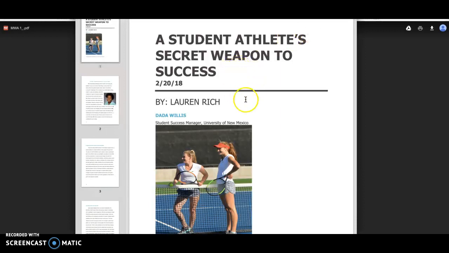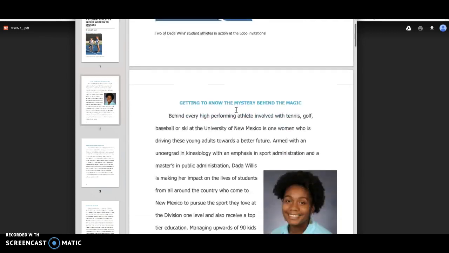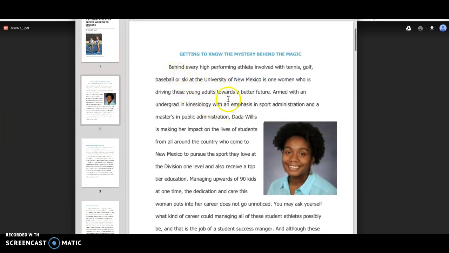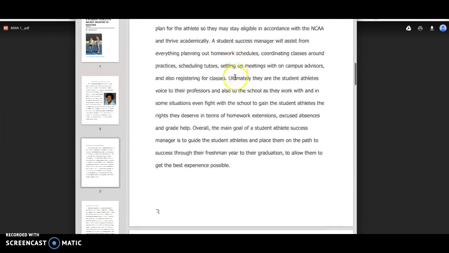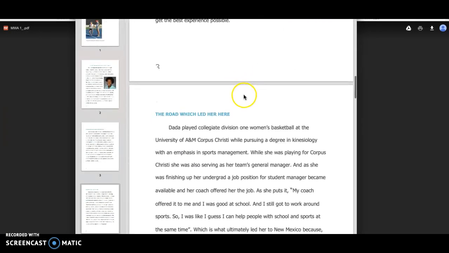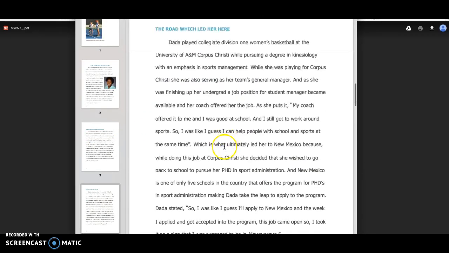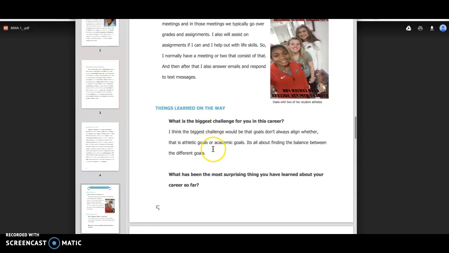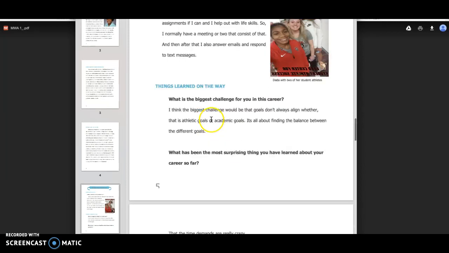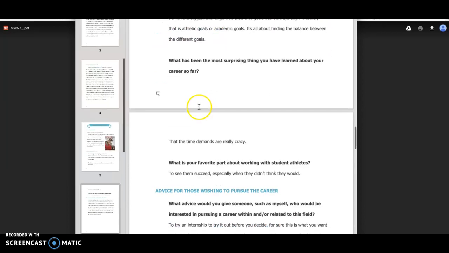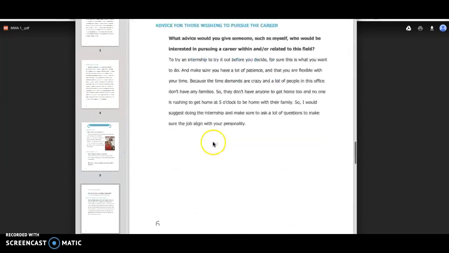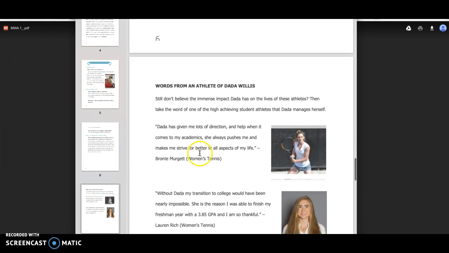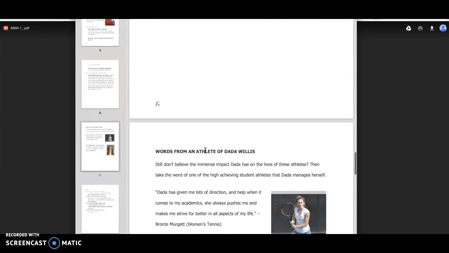And for this one, the feedback I got back was that my spacing wasn't consistent throughout, which is something I went back and changed. As you can see throughout, spacing's the same, and I double spaced all of it because at first it was kind of single spaced and double spaced. When I uploaded it, again, the formatting wasn't the same as on my Word document. So I just had to go back and change it on Word and then upload it as a PDF. So now its spacing is the same throughout.